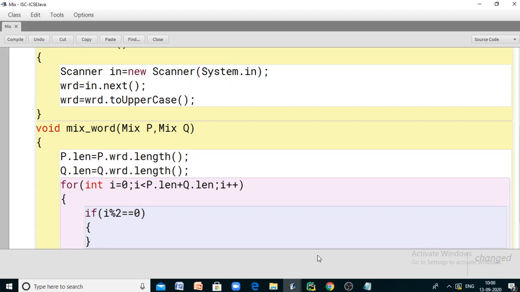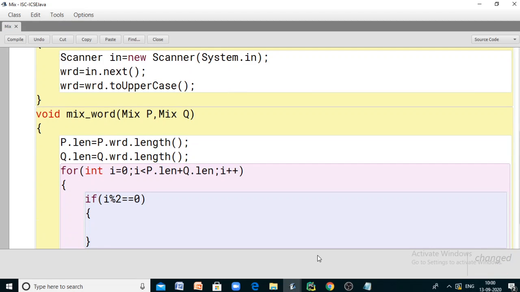So when i is even, you want to take a character from the first word. Here i is going continuously from 0 to 9, that means 10 characters. But if you use the i index for accessing the characters from a particular word, it is going alternately, so it will give a wrong result.